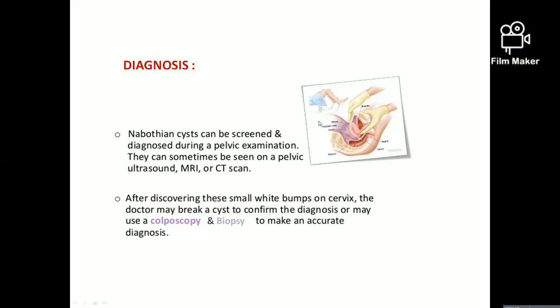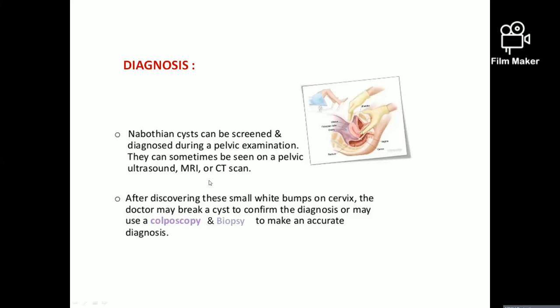When it is associated with cervicitis, on digital bimanual examination, we feel a fibrosed bulkiness of the Naboth follicles. We can also see on per speculum examination a mucoid discharge which is emitting out of the cervix. Erosion is soft and bleeds easily on swabbing. Suppose we want to take a swab, it bleeds easily. Next important is that sometimes it can be seen on ultrasound, MRI or CT scan. But most important is that erosion can be understood by swabbing.